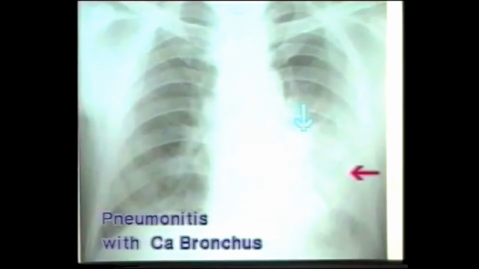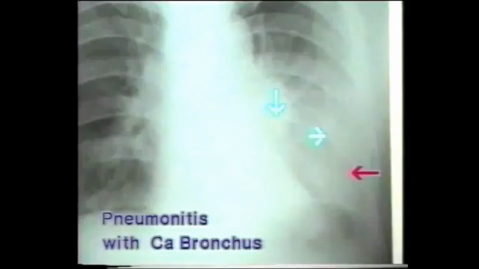This X-ray shows a homogeneous opacity at the left hilum with diffuse haziness in the left lower zone. First note the dense hilar opacity shown by the blue arrow. The tumor causes partial obstruction of the bronchus and an impairment of normal drainage of secretions. So consolidation develops in the affected segment of the lung and does not resolve with antibiotic therapy. So this is a carcinoma of the left bronchus with consolidation of the left lower lobe. The corollary is that when a patch of pneumonia fails to resolve with treatment or resolves partially and recurs, an obstruction in the bronchus must be suspected.